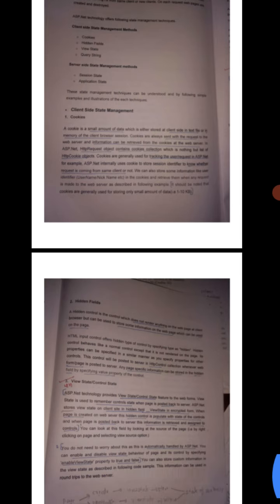It means that the web server does not have any idea whether requests come from the same client or new clients. On each request, web pages are created and destroyed.